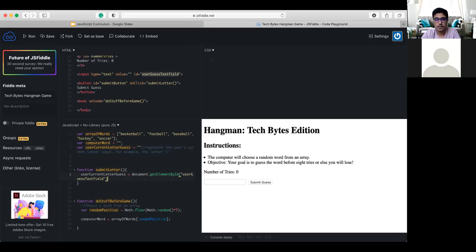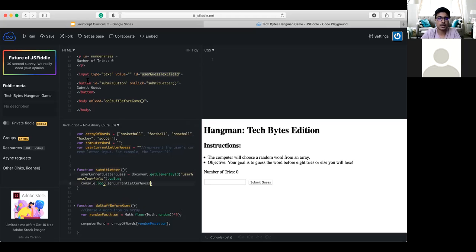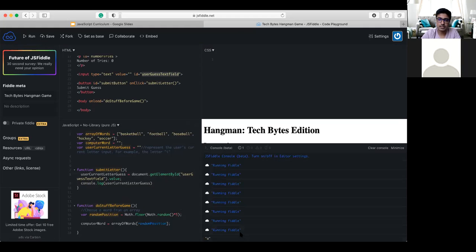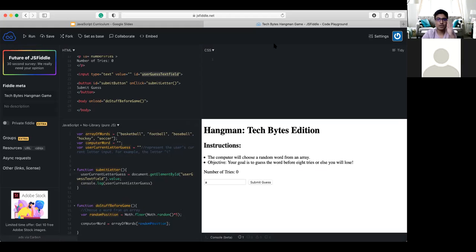Paste that in, and then .value, like such. As you guys are catching up, I'm going to print out whatever the user guessed into our console, to make sure that is working correctly. Say the letter A is inputted, go to the console, we see the letter A is being printed out. Give everybody a quick minute to catch up.